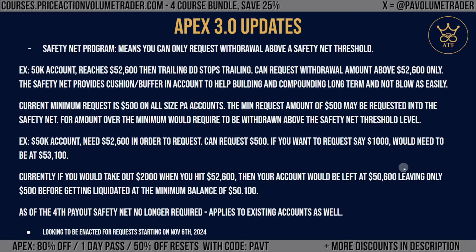So normally, any other company is not going to allow you to withdraw any amount of money into the safety net. Apex is allowing that. However, in the past, for example, for the $50,000 account, the maximum amount you could withdraw on your first payouts was $2,000. So what would happen is, as soon as people would hit 52,600 and the trailing drawdown would stop trailing and you would hit your minimum, they would take out $2,000, and